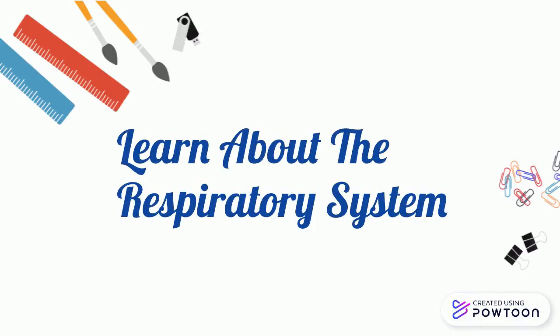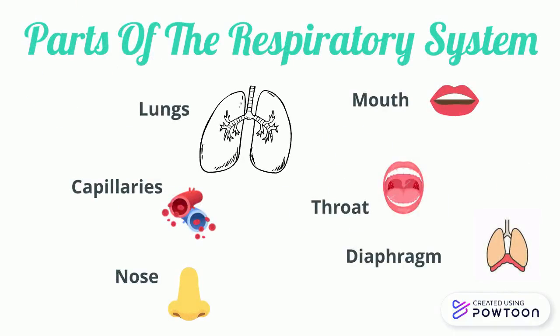Hey everyone, in this video we will learn about the respiratory system. Let's start off with the basics. What are the parts of the respiratory system? The main parts are the lungs, mouth, capillaries, throat, nose, and diaphragm. These parts run how the human body intakes oxygen into the bloodstream and expels carbon dioxide as a waste out